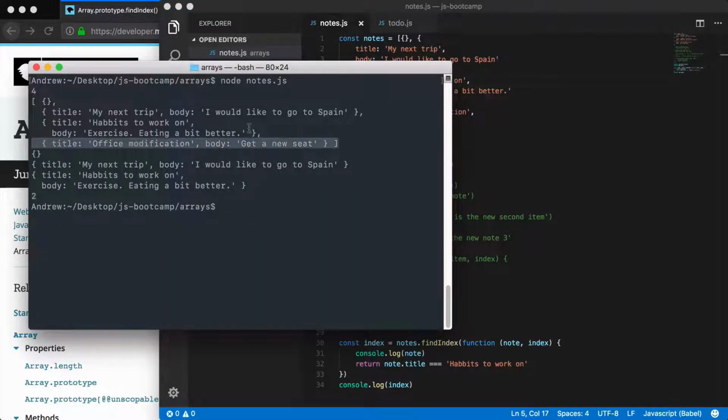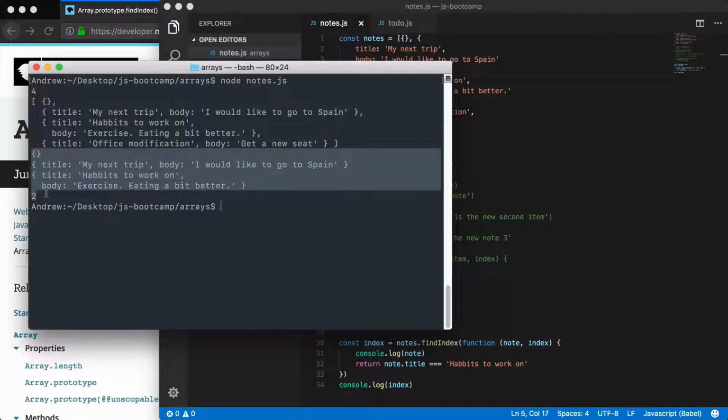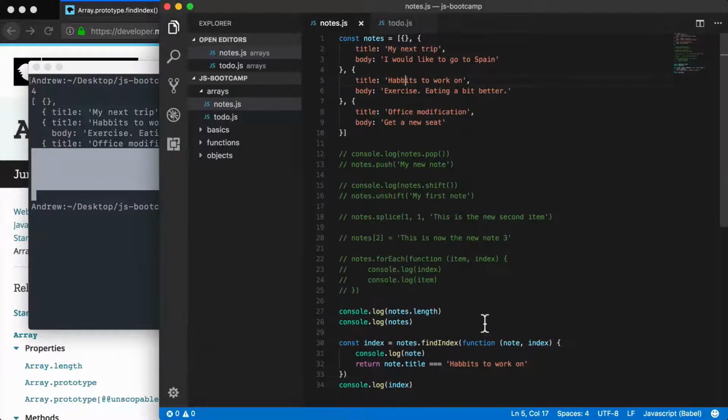It doesn't have to do with the first 2 console.logs. It has to do with what starts when findIndex runs. That is all of this stuff down to the very end. We get our empty object, which is expected. It wasn't a match, so it continues on. We look at my next trip. It wasn't a match, so it continues on. We look at habits to work on. It was a match. We then get our index, and you'll notice that we never actually run this function for